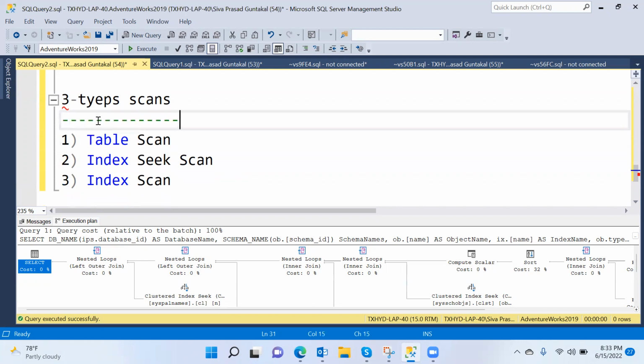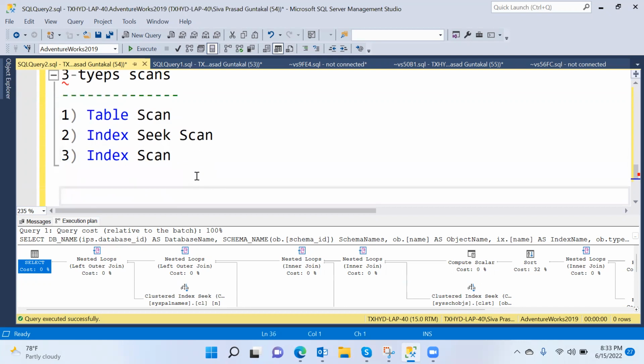And also one more important thing, your cost value. Here there are some operators. Whatever is shown here, every tree representation is called an operator. For each operator, if you look down, there is a cost in terms of percentage. The cost should be less than 10 or 15%, not more than that. If it is a higher value, it